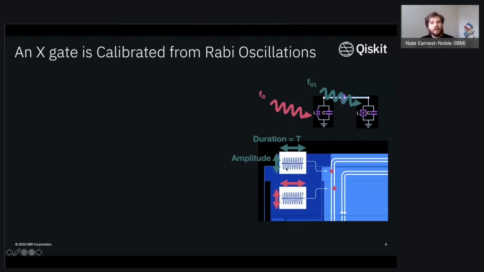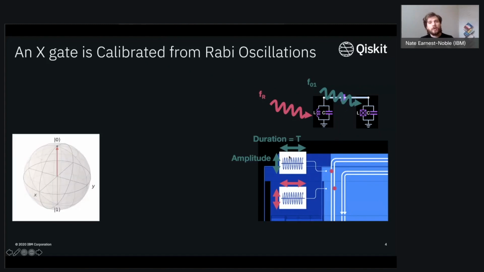To that end, we're going to take these pulses. They'll start off just having a generic shape with some duration t and an amplitude as well. Now, in order to actually get the X gate, you're going to have the qubit start off in the ground state. For the sake of simplicity, let's keep this duration t fixed. When we keep that fixed and then slowly increase the amplitude, what you'll find is that your qubit starts off in the ground state, but begins to rotate about the Bloch sphere until eventually it gets into the one state.